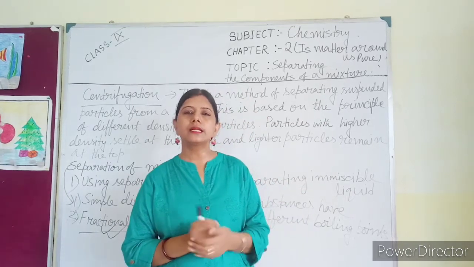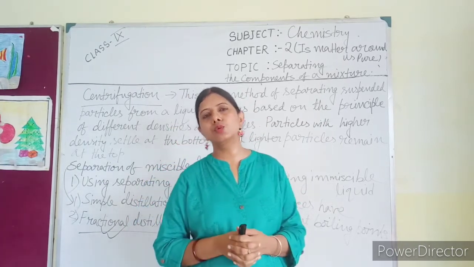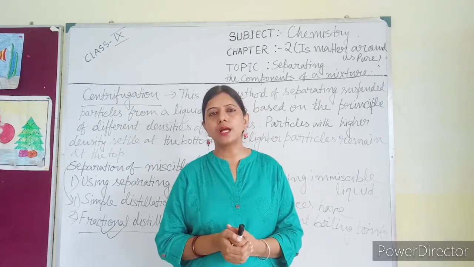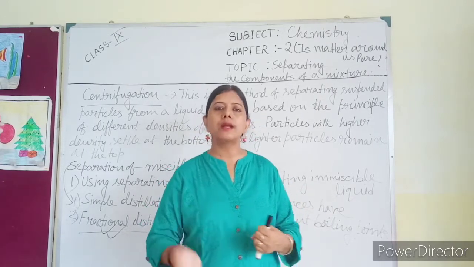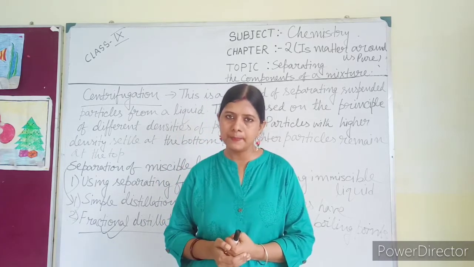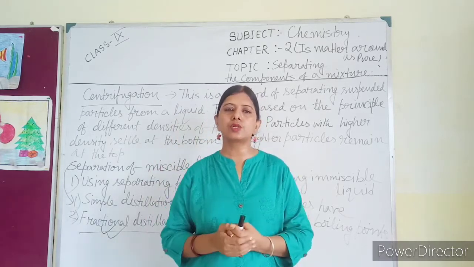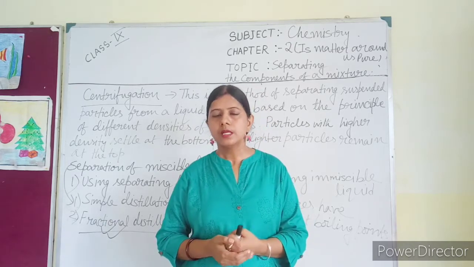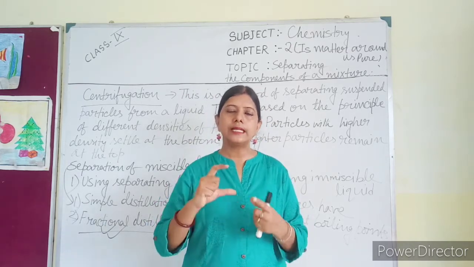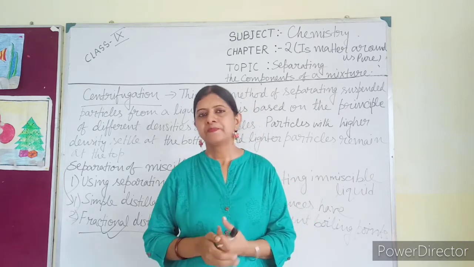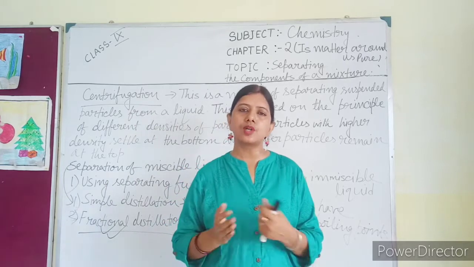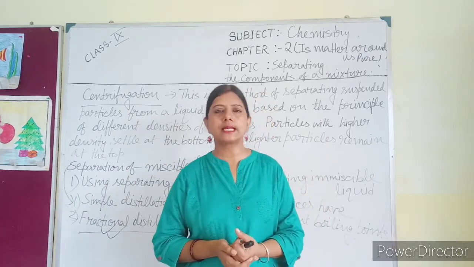So when the difference between the boiling points of two substances is less than 25, definitely the first one, which has the lower boiling point, will change into vapor earlier. It will pass through the fractionating column earlier and then the second one will pass. So during the passage it creates a time gap. During that time gap, the first one will be condensed earlier as compared to the second one.